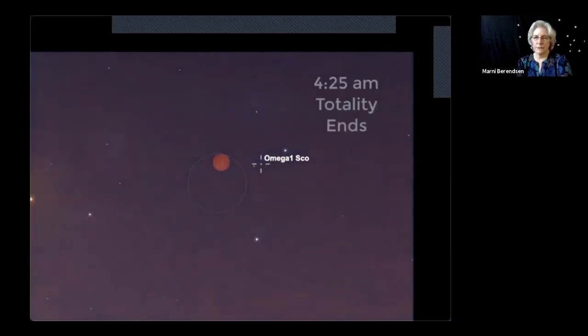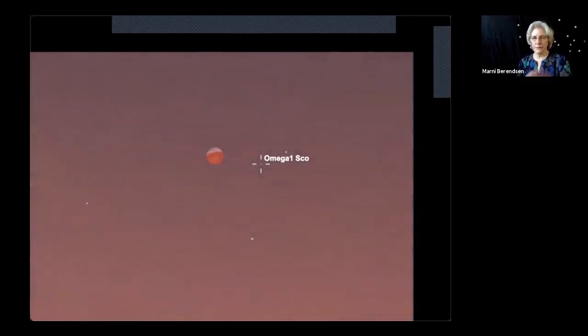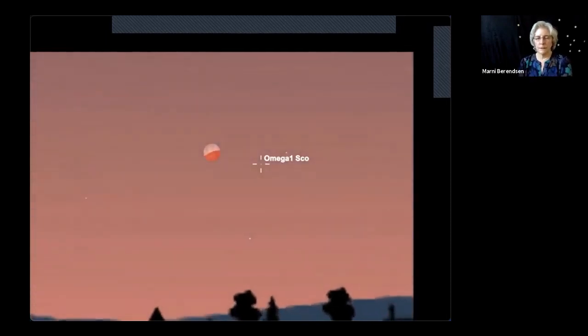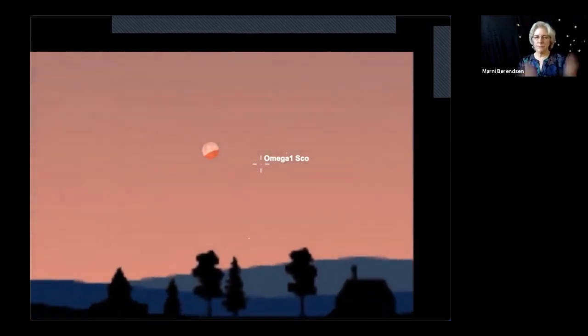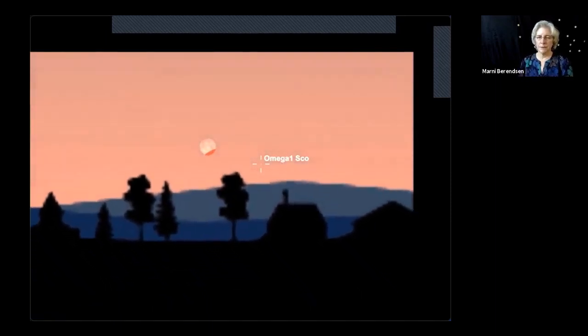And moments later, 4:25, totality ends. 14 minutes later. And it continues to move out, and you can see how the moon has moved in relation to that star. And here comes the horizon coming up to meet the moon and covering up the moon. So, ta-da. So go out there, figure out where your spot is,